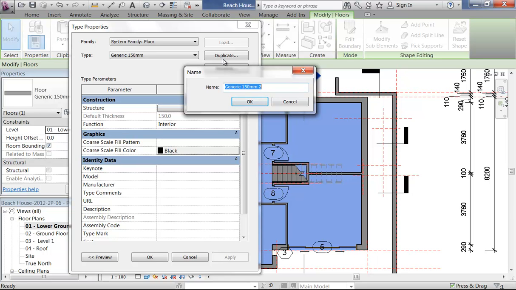So I'll just do a floating timber floor, but it's going to be on a slab, so it'll be the same really no matter what finish you choose. So I'll call this floating timber over slab,